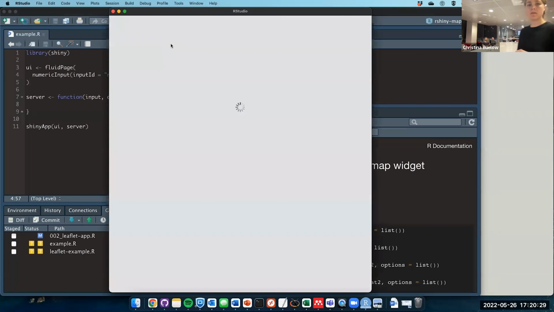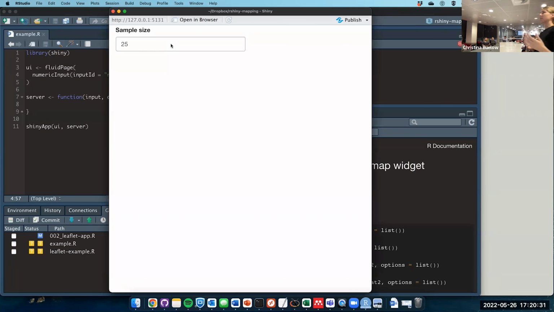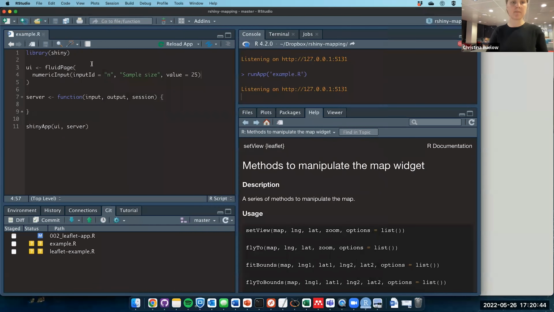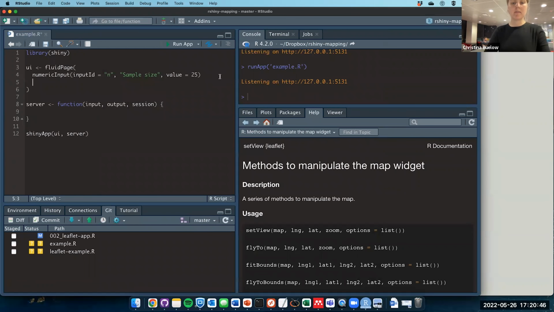Save that, and then if I run it, automatically we do see that input in our app user interface. And we can change the sample size here. But of course, we haven't defined the output yet or the recipe, so nothing really happens. So next we'll define the output in the user interface, and the output will be a